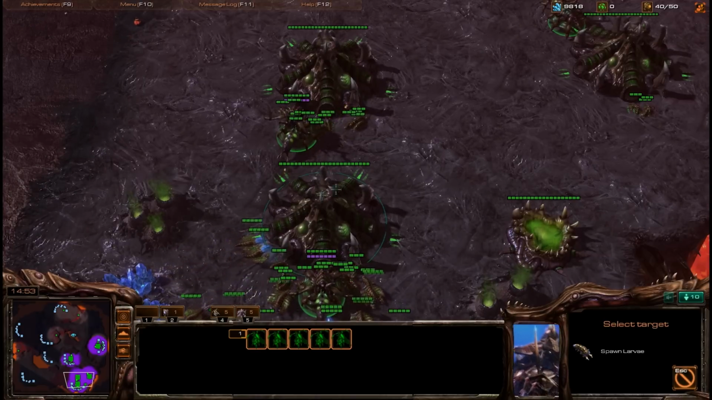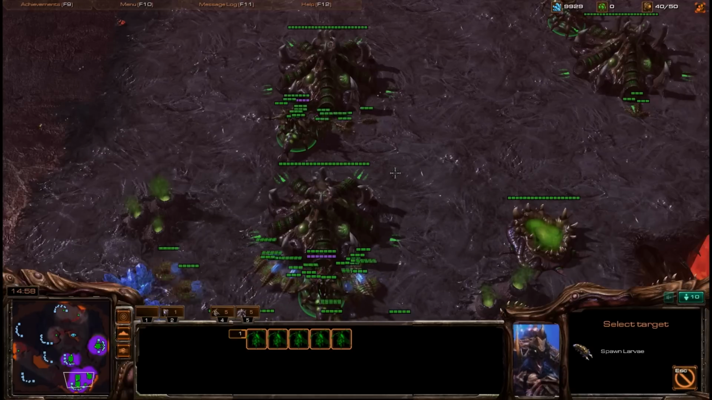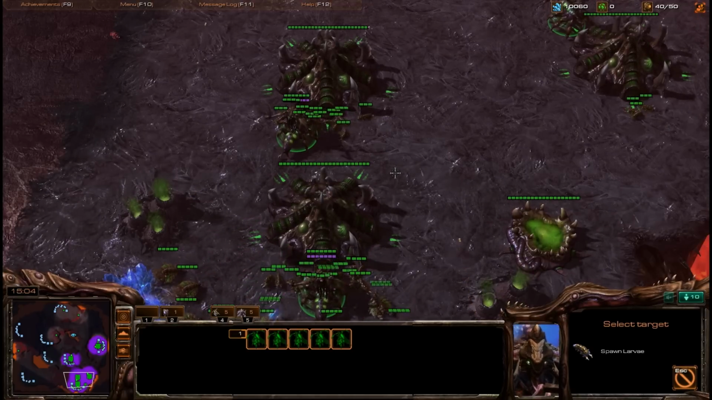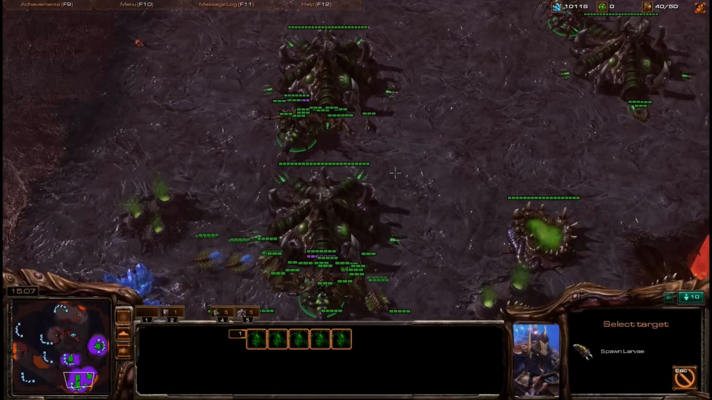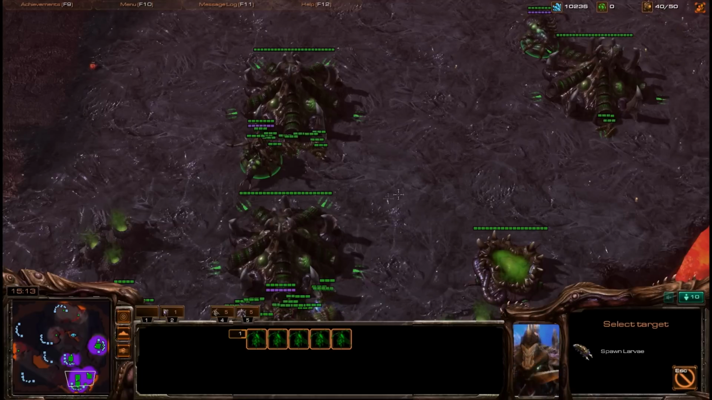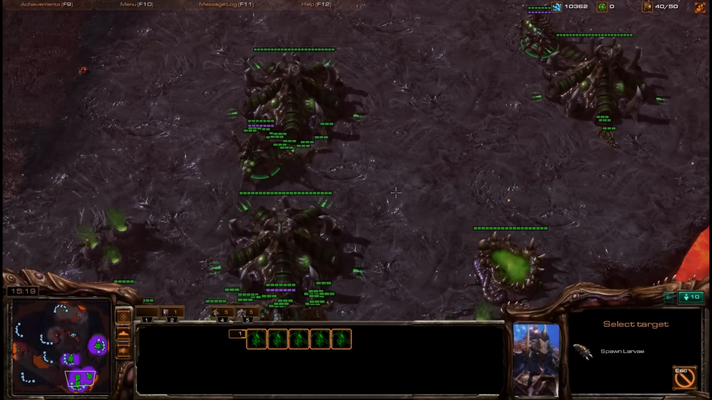So you want to hold down Shift and press V. And what does this do? This is essentially telling all your queens that you're about to tell them to mass spam inject larvae. So this is very important. You want to hold down Shift and press V, and you're about to tell them to mass spam inject larvae, but not in a way that you're doing it one at a time, but where you're telling them all to